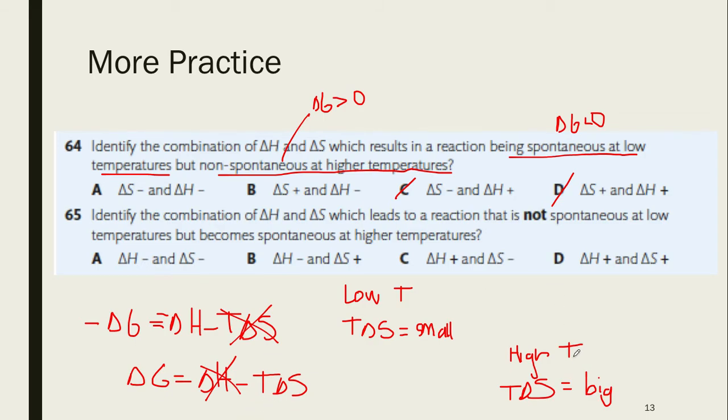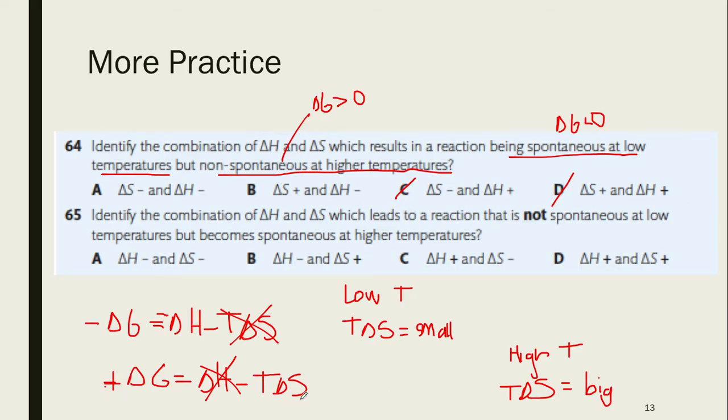So at a high temperature, T delta S is going to overpower the delta H, and we want delta G to be non-spontaneous, which means we want a positive delta G,